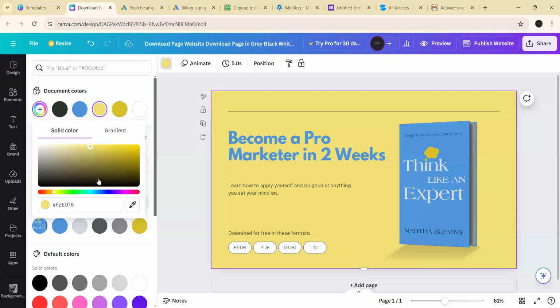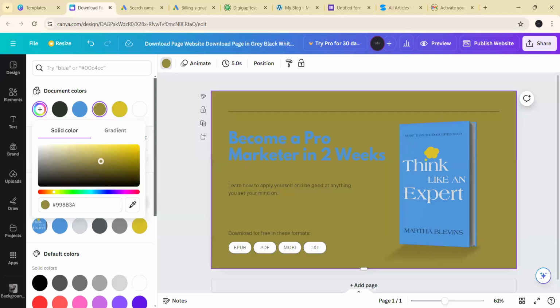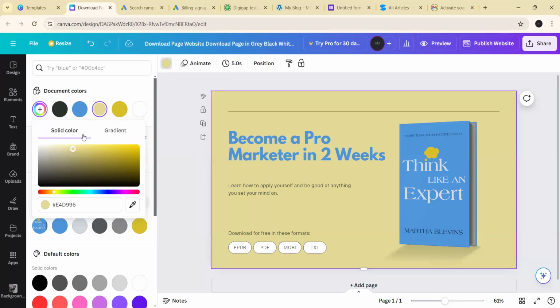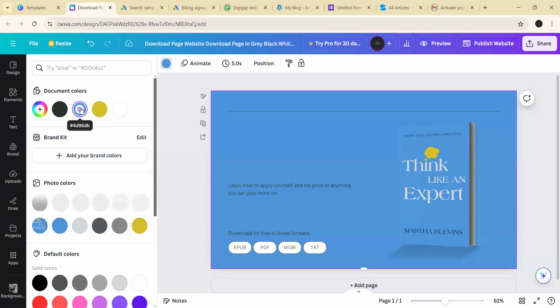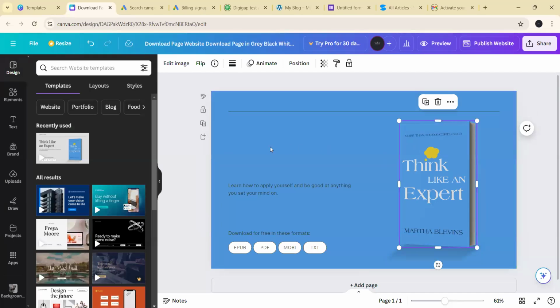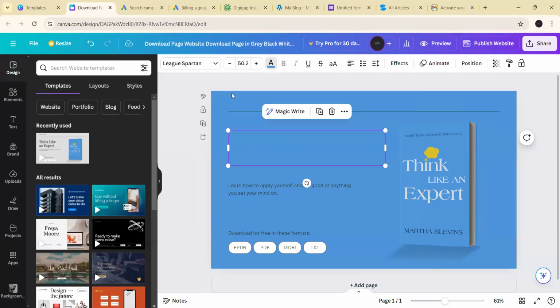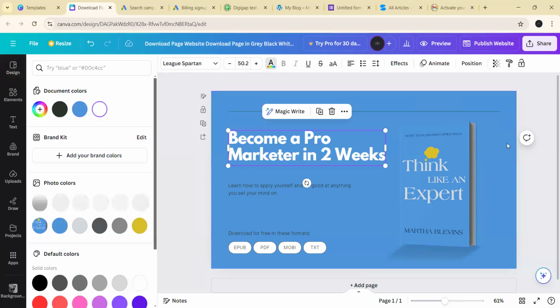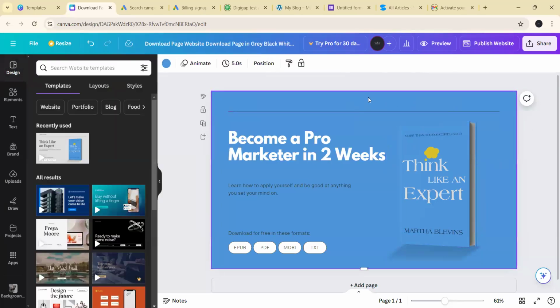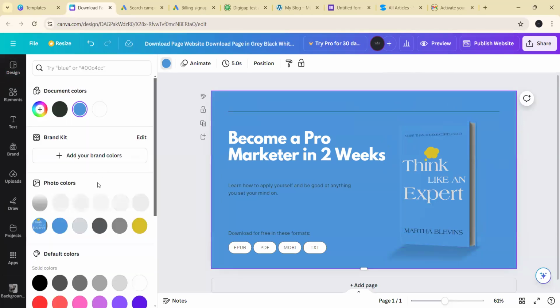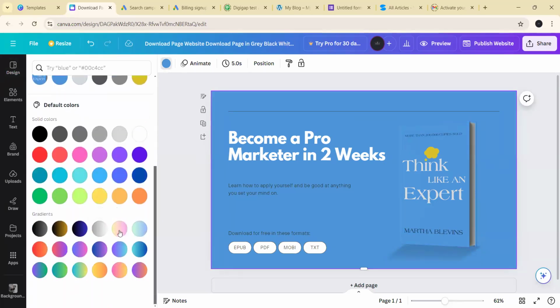So we can use something else. So you see, I will have to change the color of this book if I want to use blue. So let me see what this looks like. The blue works fine. I like it, but because of our book, if we don't have a book, we'll have